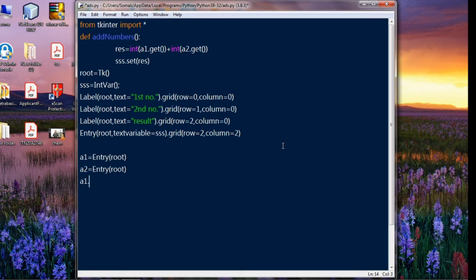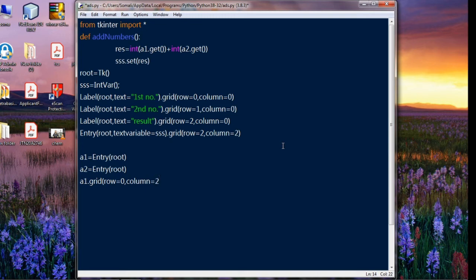A1 dot grid to show the text field, row equal to 0, then column equal to 2.